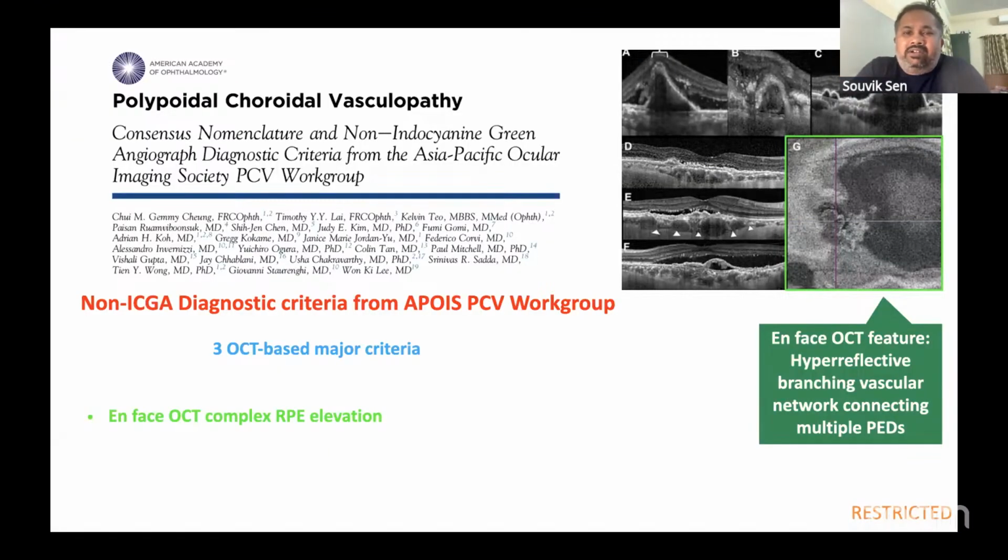Now, coming to OCTA, there's not much I have to say on OCTA here because it's not widely available, and we're focusing on imaging tools that are more widely available. But it's important to say that when we're taking the slabs, the chorioretinal capillary and the Bruch's membrane slabs, we're looking at the en face imaging, and we're looking out for branching vascular networks, because the presence of branching vascular networks actually gives us a clue about activity. It helps us plan for further injections and the regimen for further injections, or to help us decide whether we